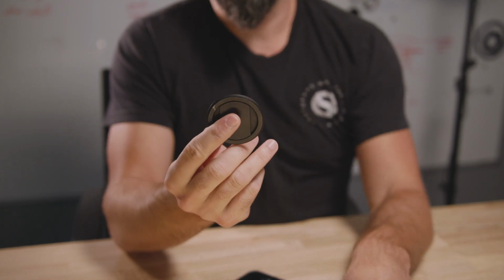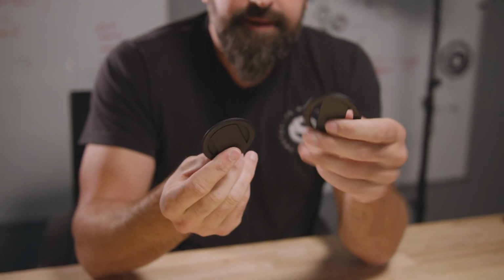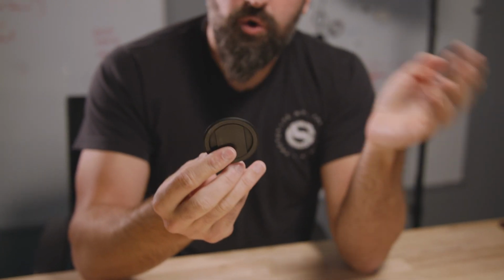And so that's when the 2.0 came around, and we said, okay, let's use the same core concept with the silicon band and the cap that the 1.0 had, but let's just refine it. Let's make the magnets according to the Apple MagSafe standard, and let's just continue the architecture of the 1.0 to the 2.0. And then the 2.0 came out in the early part of 2022, and it's a good product, but